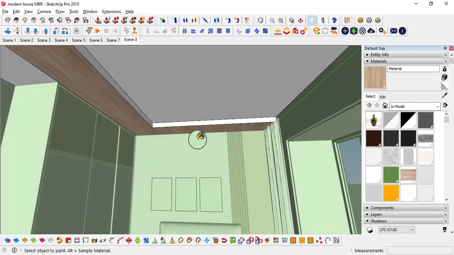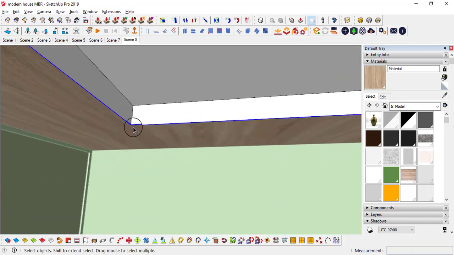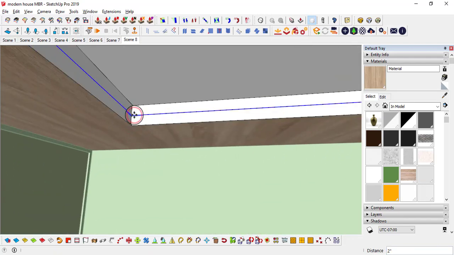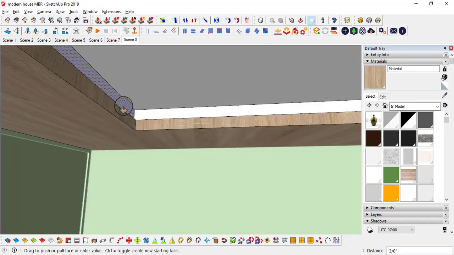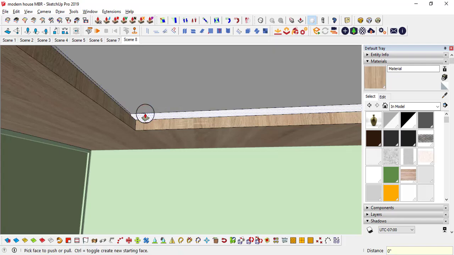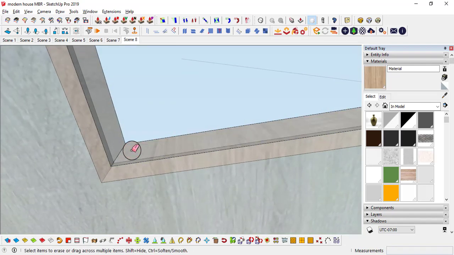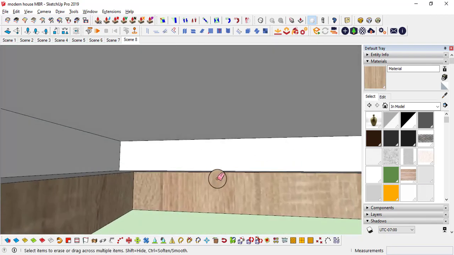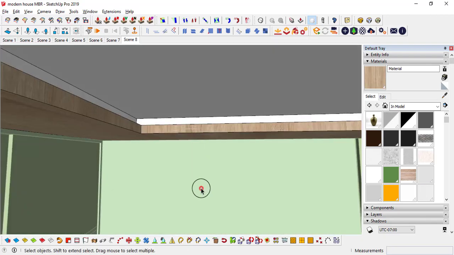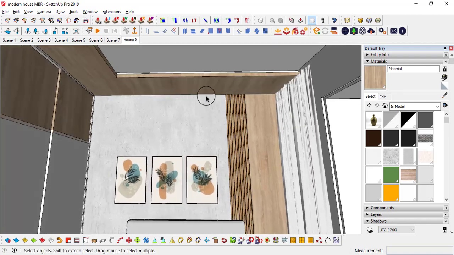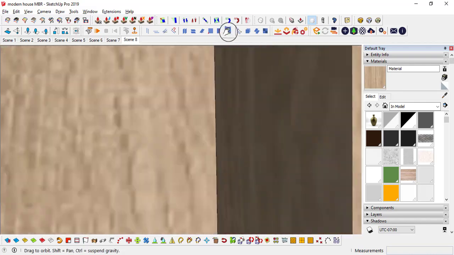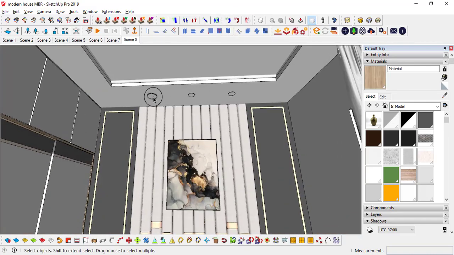Okay, and M, Control, 2 inches, right? B here, and push pull inside 2 inches and 2 inches. Control X. In X-ray view, I'm erasing this edge, and we need an MSU material over here. So okay, for the lights you can create, or simply I can copy these lights.